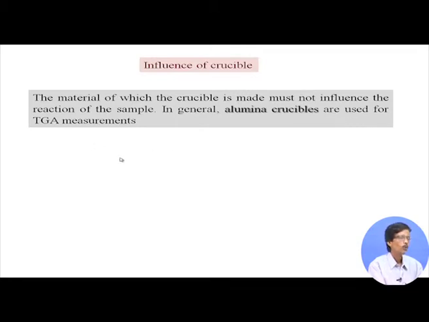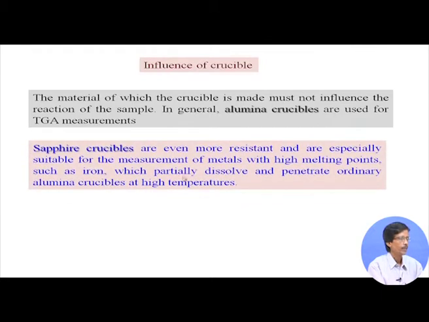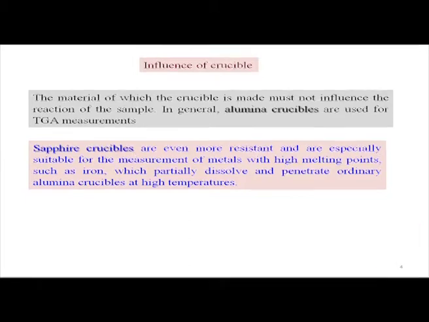So, it can go up to 1200 or 1300 degree centigrade temperature. Then you know that sapphire is a very good material, which can be naturally occurring or synthetically prepared. We know sapphire is a gemstone also. So, this particular material, which is definitely a costly one, is even more resistant compared to your alumina crucible. So, if there are some materials or some oxides which can react with alumina, they will not react with your sapphire crucibles, because the use of these crucibles is also very important